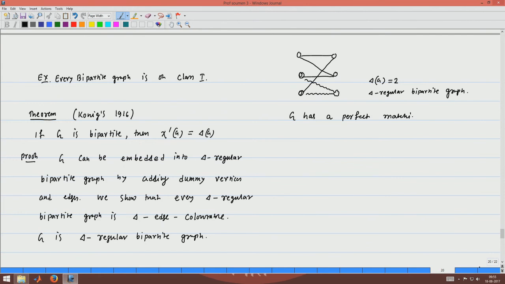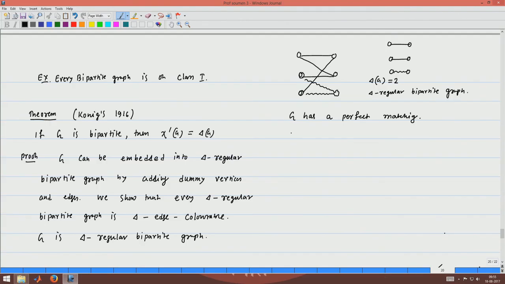Right. So, I can show that this graph has a perfect matching. One perfect matching is simply this one. Right. So, this is one perfect matching.